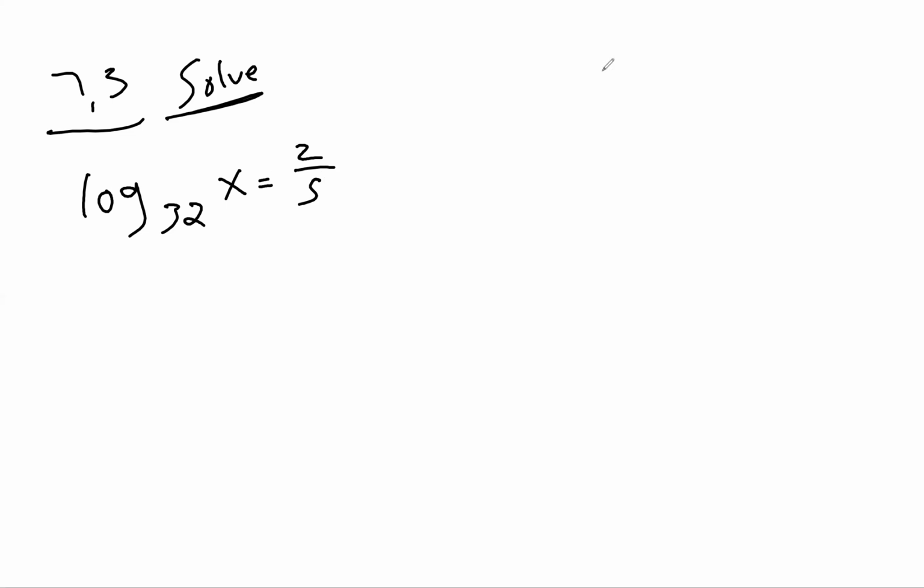So let's just start. A lot of you had questions on a problem like this. There's one like this on the worksheet for homework, and a lot of people said I wasn't sure how to do this. So if we have log base 32 of x, and that equals 2/5, and the instructions here are to solve. And so all we're trying to do is solve for x. So my answer needs to say x equals blah, blah, blah.